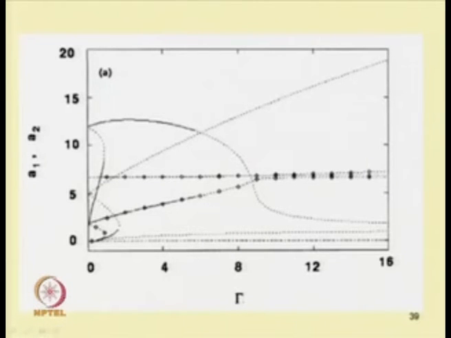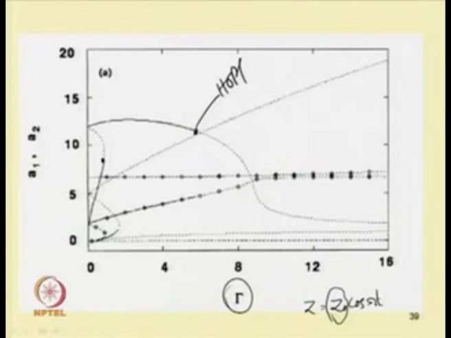Also one can plot the force response of the system, as the system is excited by a force z equal to z0 cos omega t, and in non-dimensional form this omega is written in terms of phi. This z0 term is the amplitude. By changing this control parameter, that is the amplitude, one can plot the force response of the system. In this force response of the system one can observe that this point is a saddle node bifurcation point, and this point is a Hopf bifurcation point.